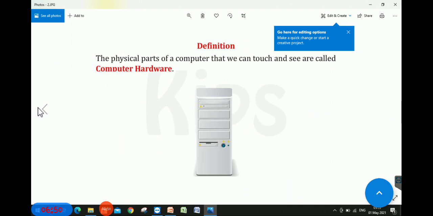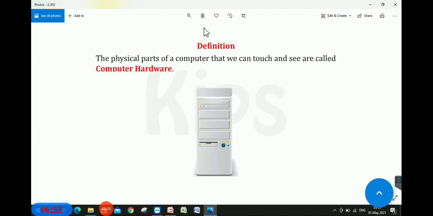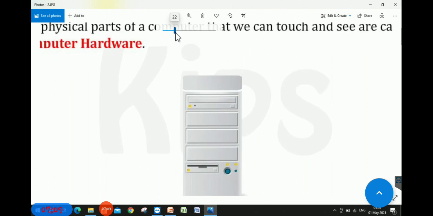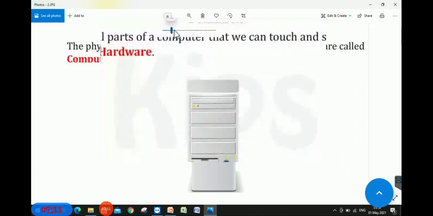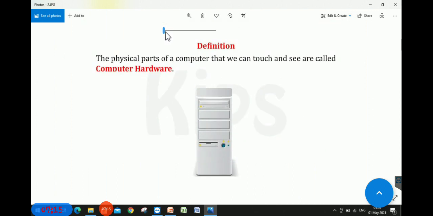That way you can go back also by clicking on the left arrow. Okay, so this way you can explore pictures one by one. On the upper side, there are two or three options. The first option is for zoom in and zoom out. When you click on it and then just zoom, that picture will zoom in, zoom out, zoom in, zoom out. Clear? This way you can make the picture zoom.